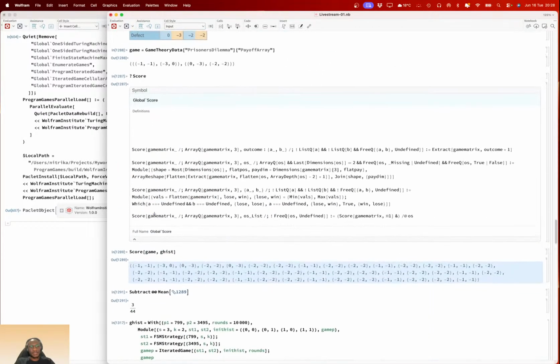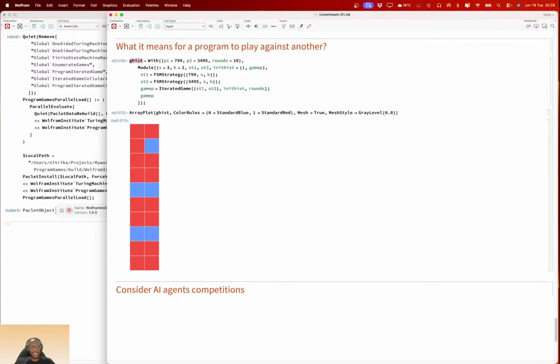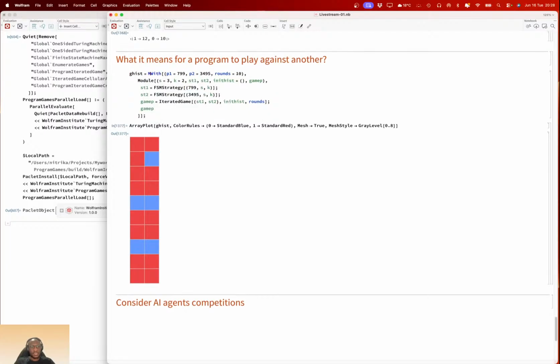So playing a grim trigger against all the other two-state machines, we will get, let me say, M2.